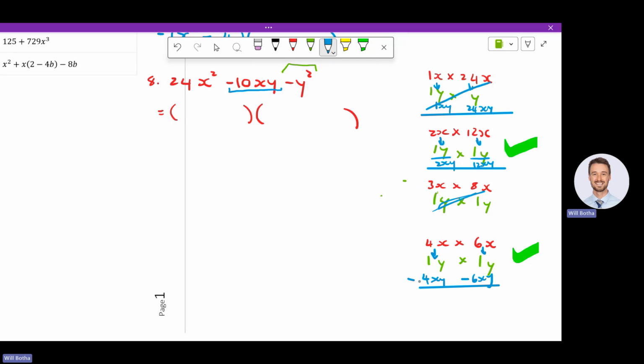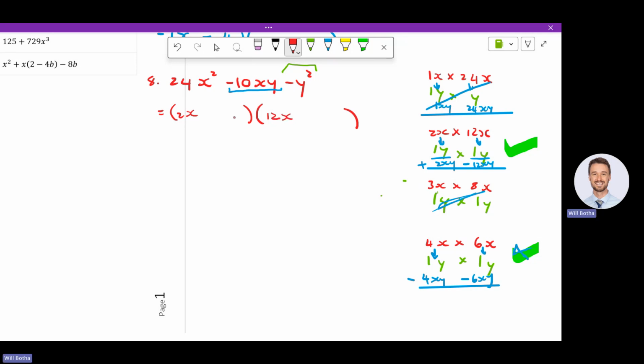That's the only way to get to negative 10. Can I have two signs that are the same? Would this one work? Nope, this one would not work. So I don't have to shove it in the brackets, test it, and see how it doesn't work. I can actually just analyze it. When I look at the top one, how do I use 2xy and 12xy to get negative 10xy? Plus 2xy minus 12xy. That will be my option. How do I do it? Well, first of all, I know my combination should be 2x and 12x.